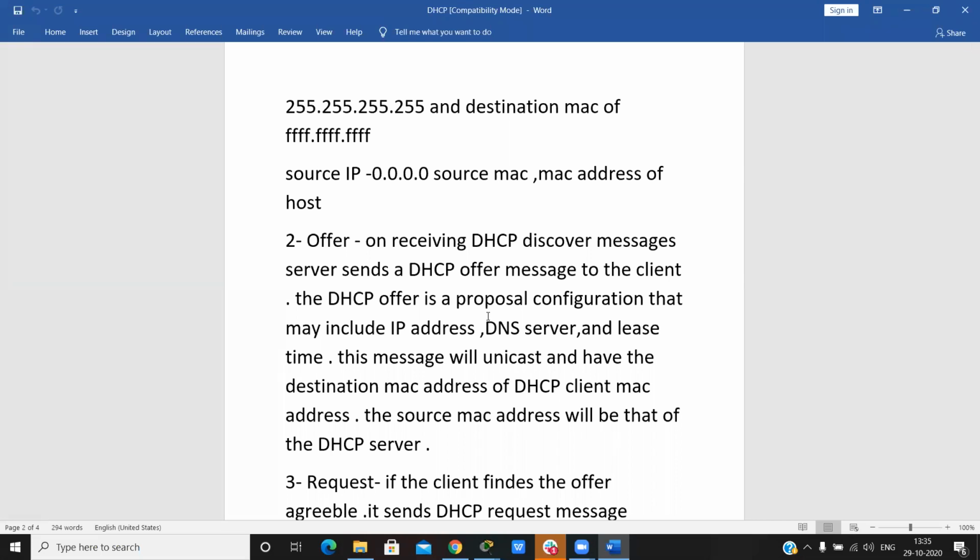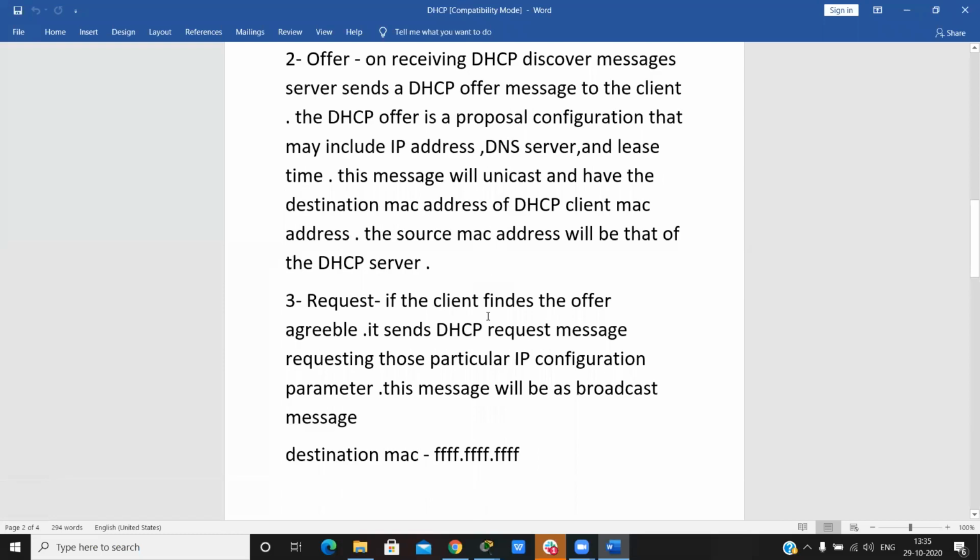This message will be unicast and have the destination MAC address of the DHCP client. In the offer message, we have IP addresses, DNS server, and many other things included.